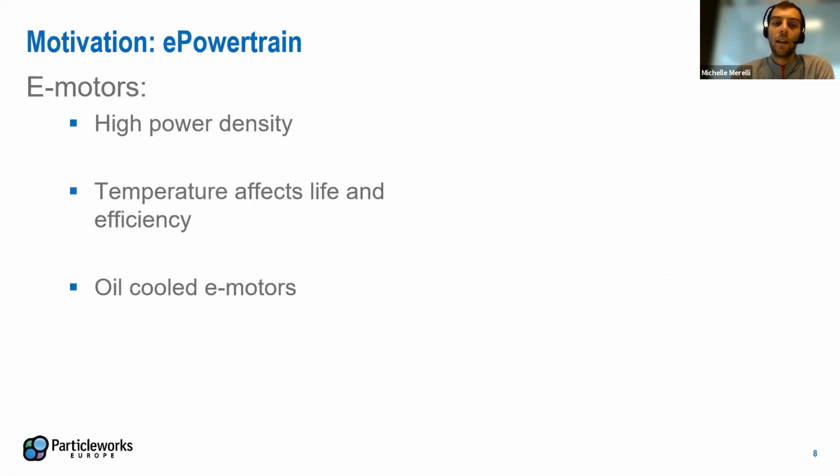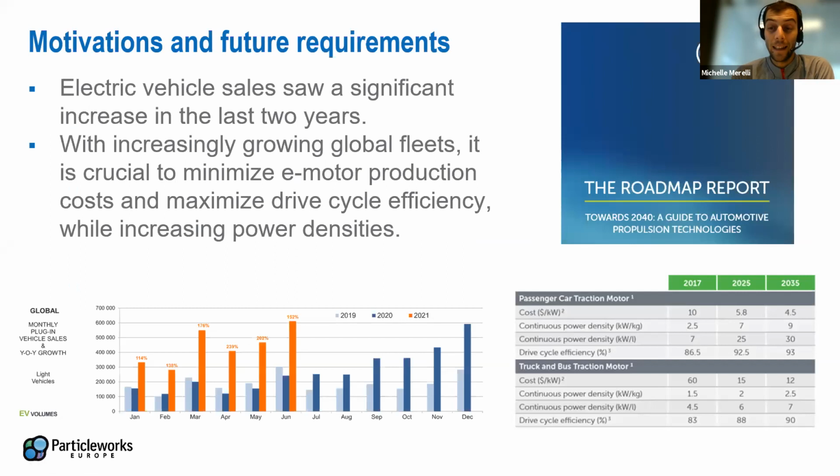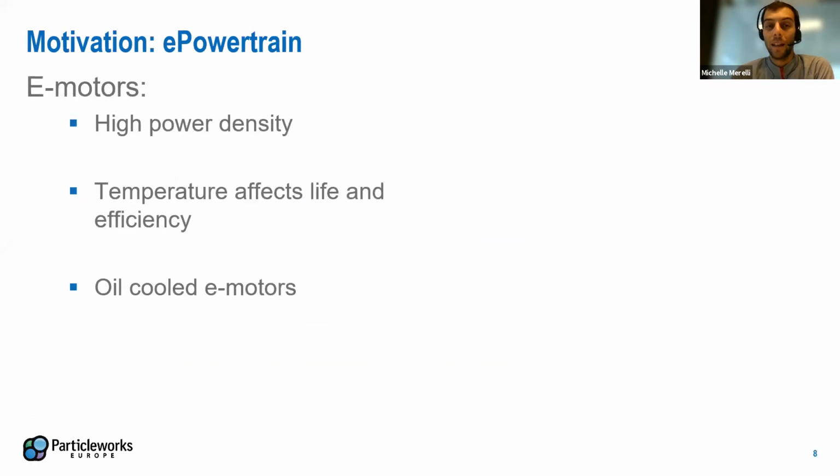So as I mentioned, the power densities are increasing, and because of that, more and more we need to consider different types of cooling solutions, like the oil jet direct cooling solution. So the idea is that instead of having a water jacket around the e-motor, or instead of using air for e-motor cooling, we need direct oil jets